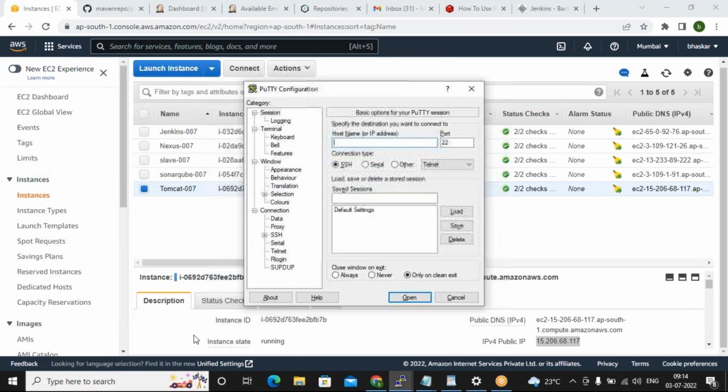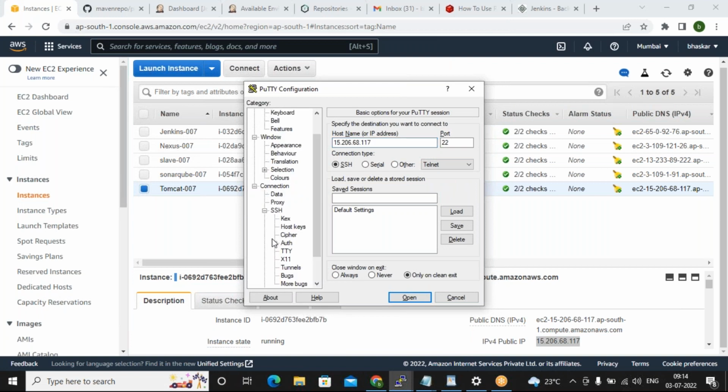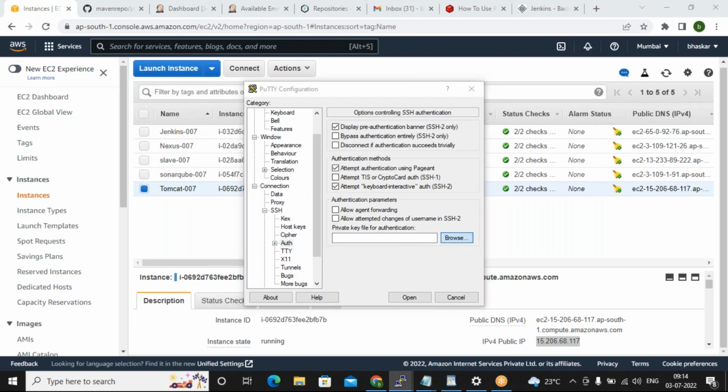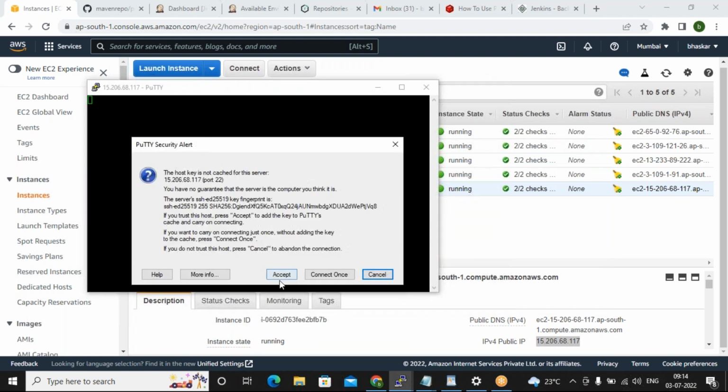Sir, I have a doubt. Once we forget the Jenkins ID and password, what should we do? Just now I showed you.